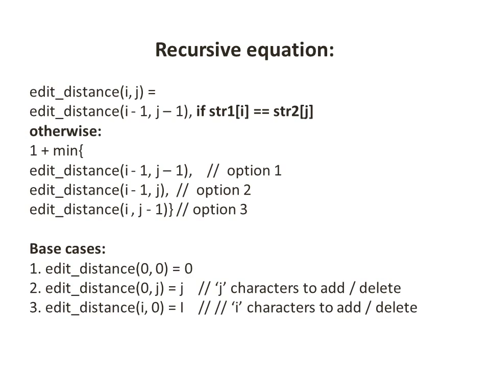Now let's take a look at the recursive equation that we will use to solve this problem. Since we have two strings and we have to keep track of the current position in each string, we have two states in our recursive equation and we will denote them as i and j. So edit distance of i comma j is equal to edit distance of i minus 1 comma j minus 1 if string 1 of i is equal to string 2 of j, since if the character at the current position is equal in both strings, then we simply reduce the subproblem, that is we reduce both i and j without expending any operations.